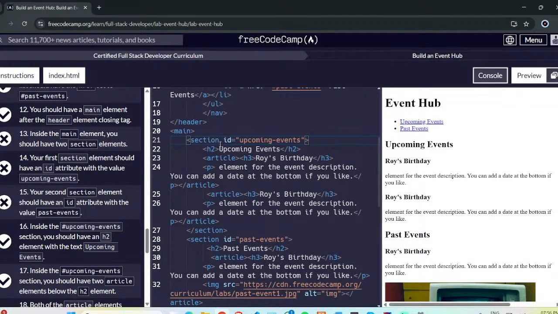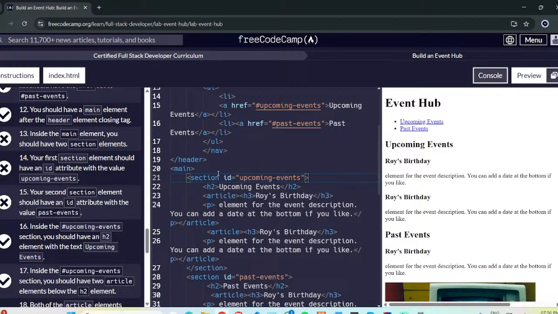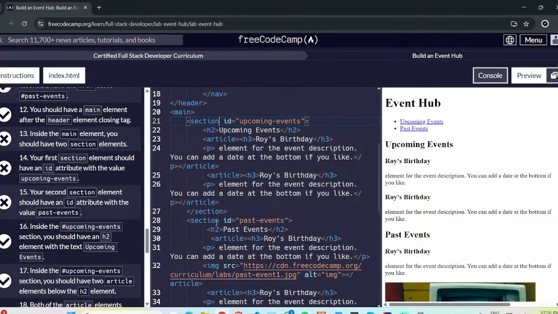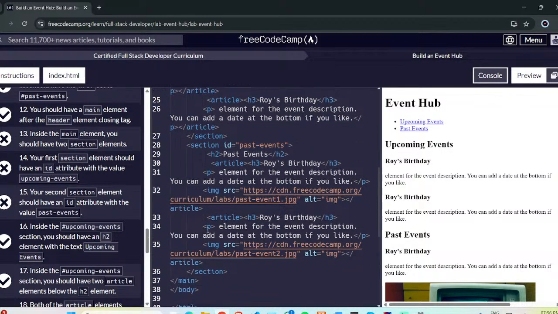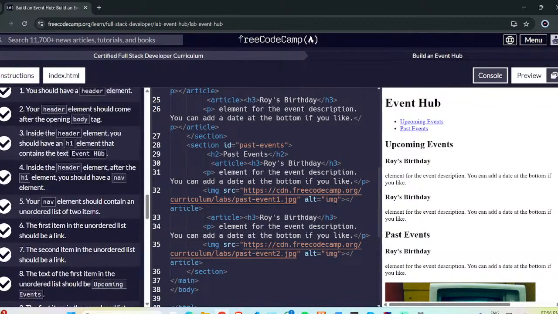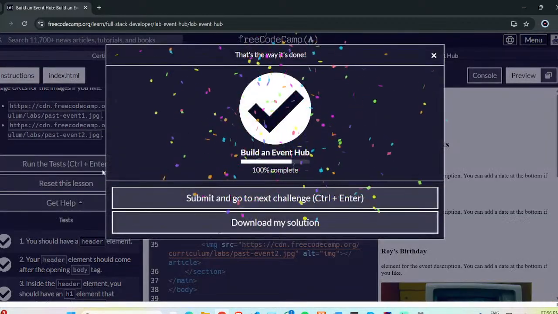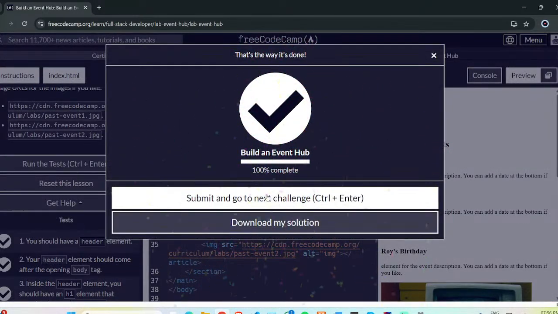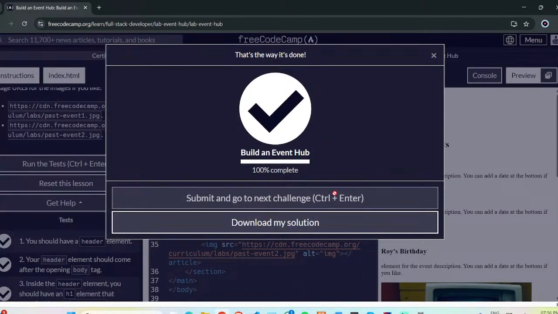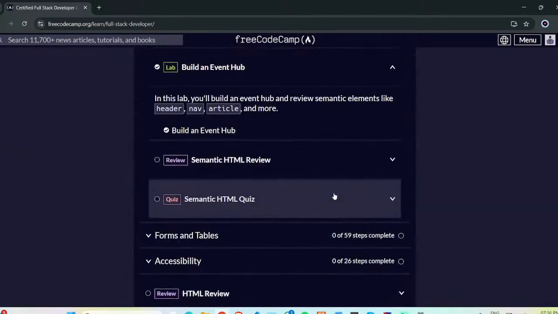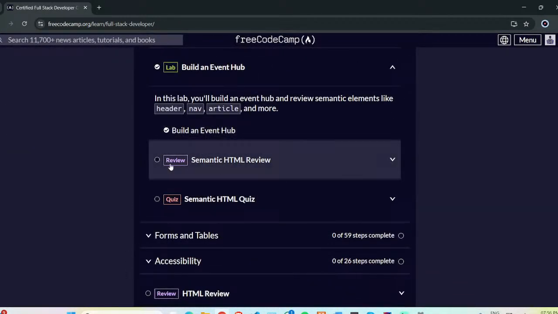Section is also an element in HTML, so I was confused because it didn't throw any syntax error. Oh, that's bad. Okay, everything is good. We didn't go too creative. We don't have to. We just built it. We were flawless. Not flawless, but